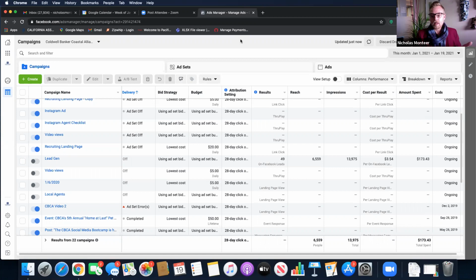So that's why over this 17-day period, I'm assuming that I did this for, because this ad ran for about 3 weeks, but the first one I shut down and restarted to get this one. And so the $3.54 is averaged out over the 49 leads that I got. And so you got 40 leads.